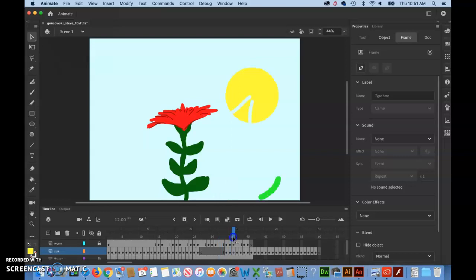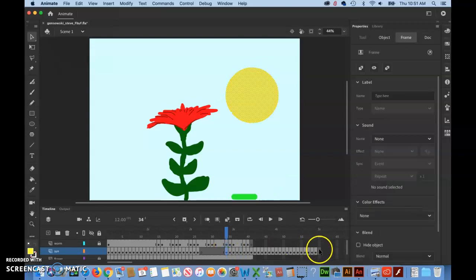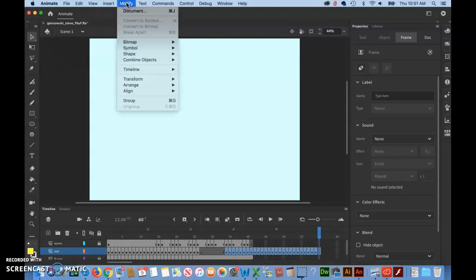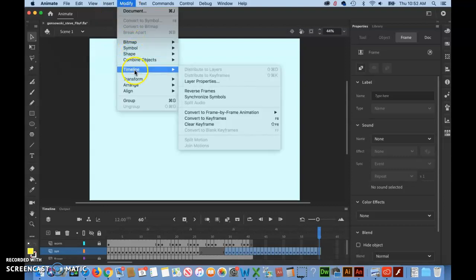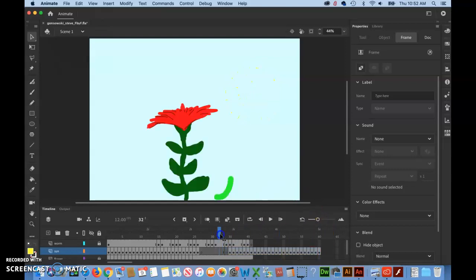So now we go to here. We have the same thing again. But now what we're going to do is, once again, click the first frame, hold down the shift key, click on the last frame. Now we go up to the menu and we go Modify, Timeline, and then we go to Reverse Frames. Doesn't look like much happened, but what did happen was that now everything is truly reversed. So as this one finishes up, we get onto this one, which starts with that